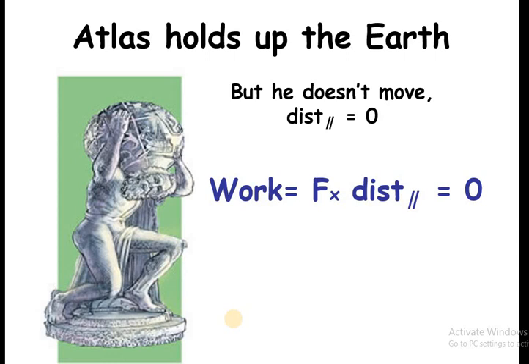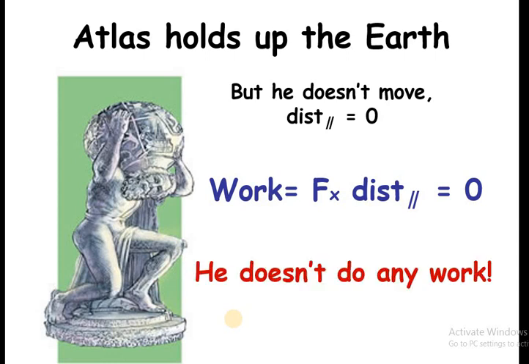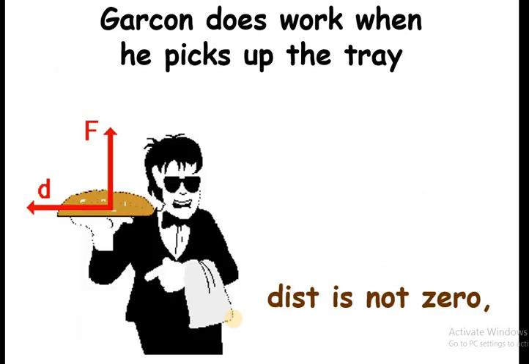Why no? Because to do any work there must be some displacement. But Atlas is in his position only. He is not moving from his position, so his displacement is 0. That's why he has not done any work. Now here you can see this man picking up a tray from the ground, or you can say any table, and he must do some work, but